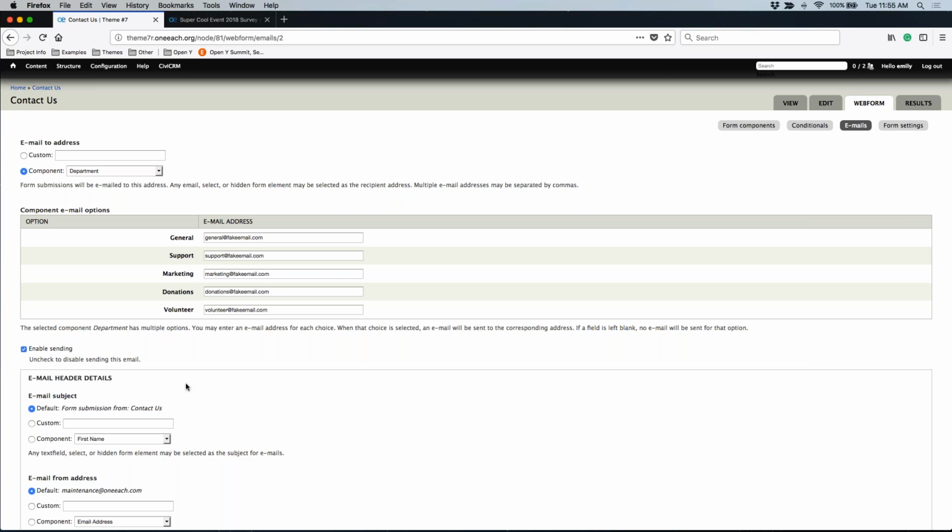Now, if the volunteer person was the same person as marketing, that's fine. You can put in your email address 2-3 times in here, as many times as you want. But this gives you the option to make sure that you're sending a very specific email out to that person instead of having to send all emails to one person, and then from there they have to kind of delegate